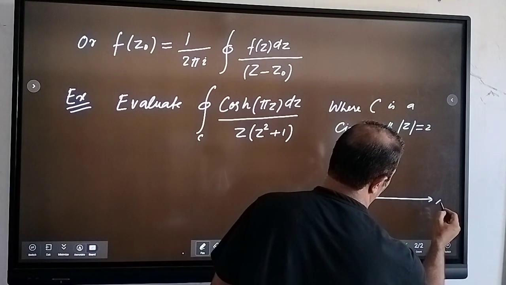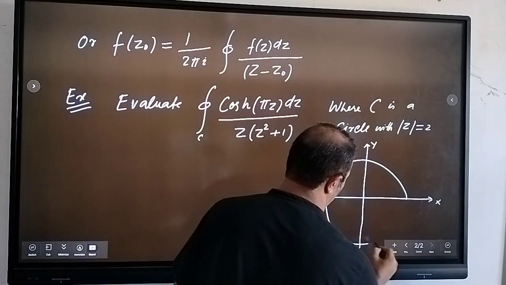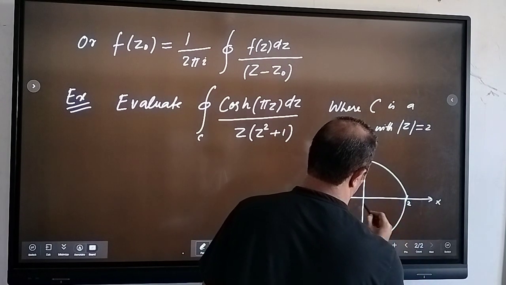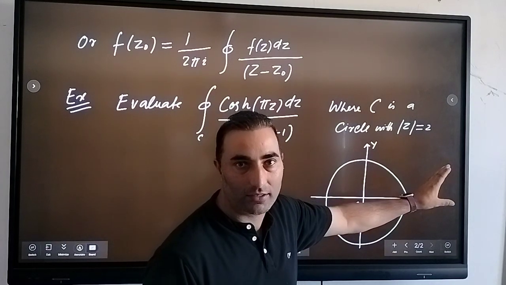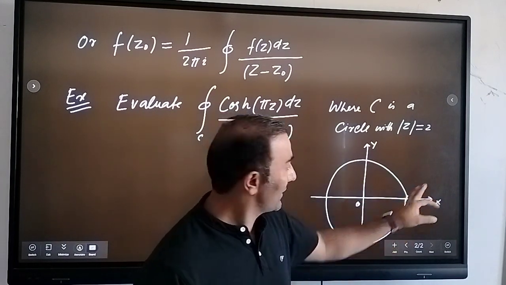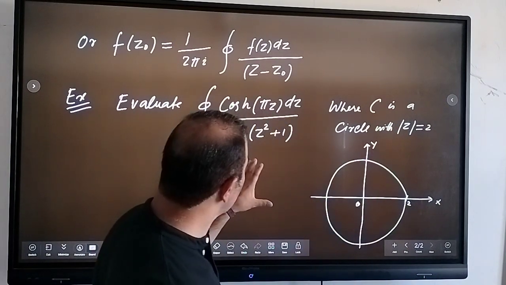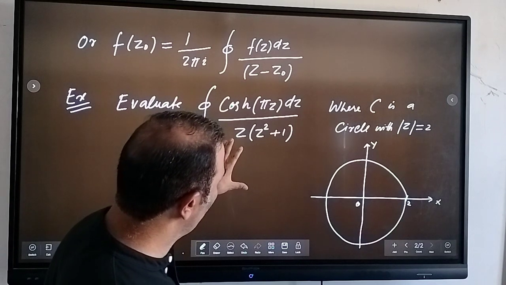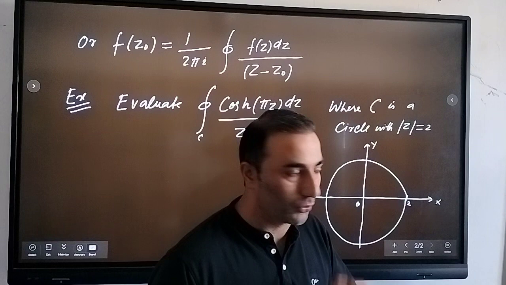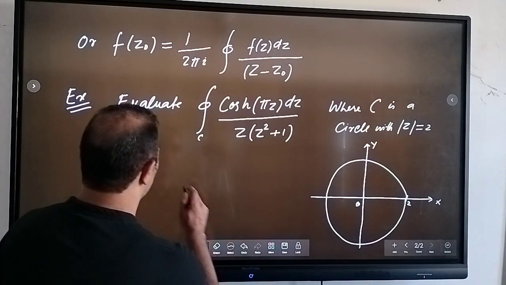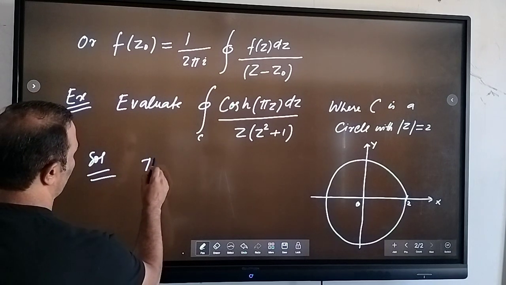So we have our complex plane, because this will be x square plus y square equal to 4. That means we have a circle with center at the origin and radius equal to 2. This is mod of z equal to 2. First we need to check where the function is not analytic. So let us solve this integral first. We can write I will be equal to